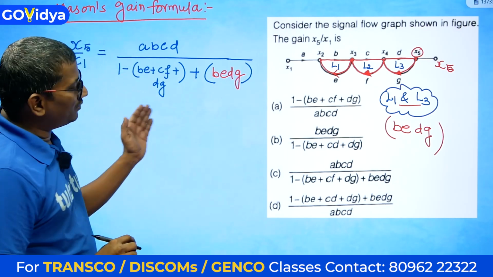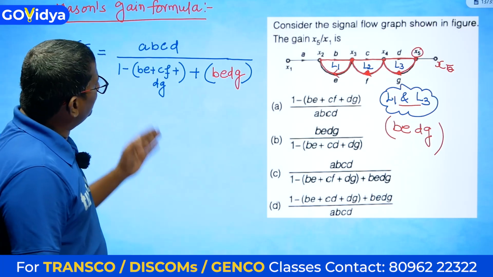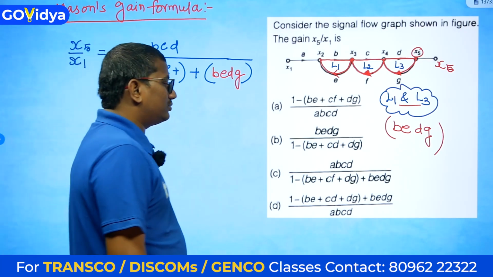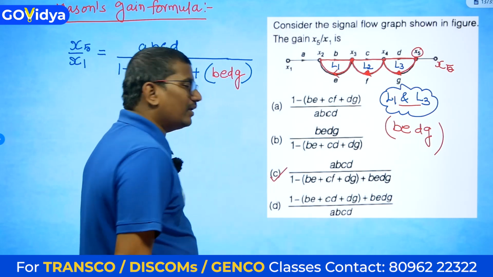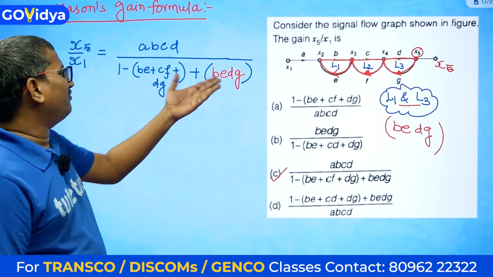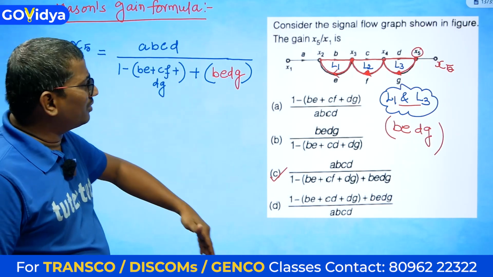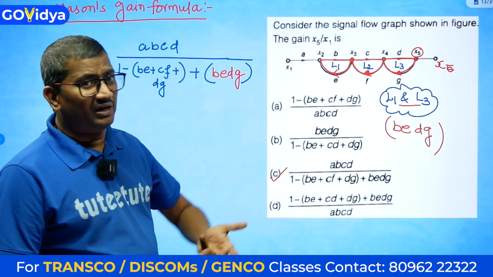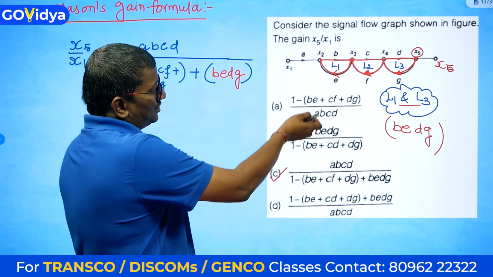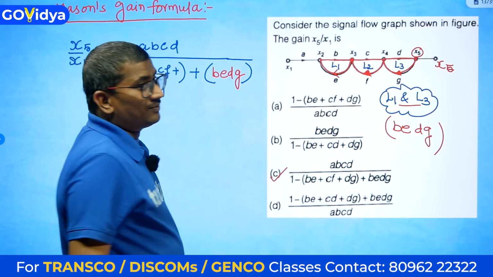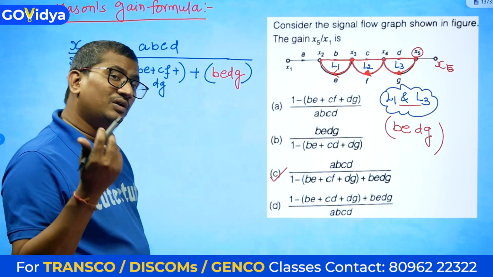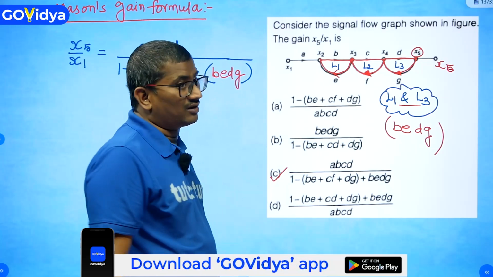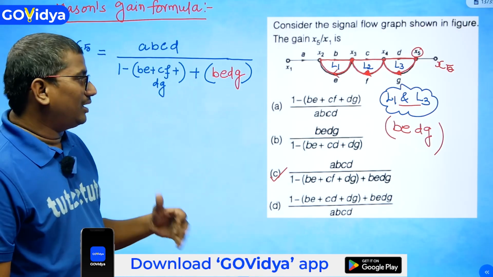Now could you please check which answer is very close to this? BE plus CF plus DG plus BE DG. Therefore, this is the answer. Correct. One forward path, straight away numerator, no problem. Here you see ABCD, here it is there. Fortunately, very lucky, no other numerator is having ABCD apart from this. So even without using this information, we can directly mark option C as correct without much analysis. But anyhow,